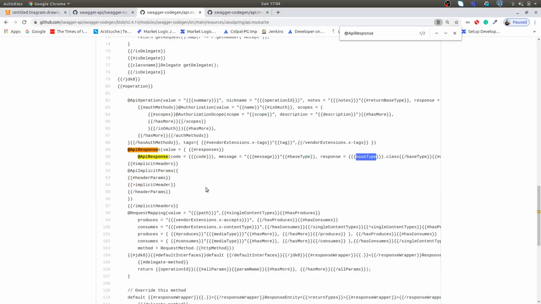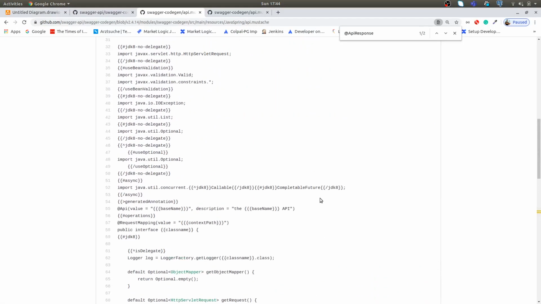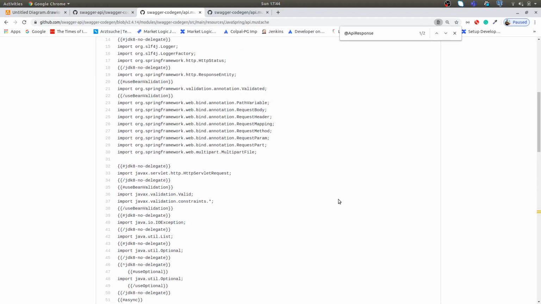I showed you this because for our example I have changed this templating engine a bit as per our requirement, and it will be the same for all the microservices we're going to implement in this tutorial. See you in the next class.